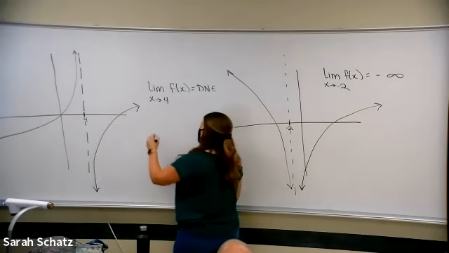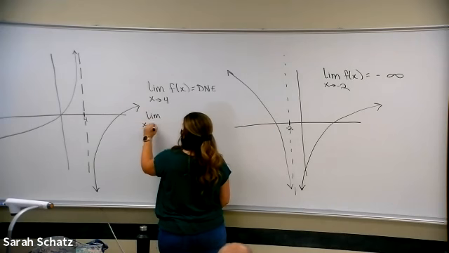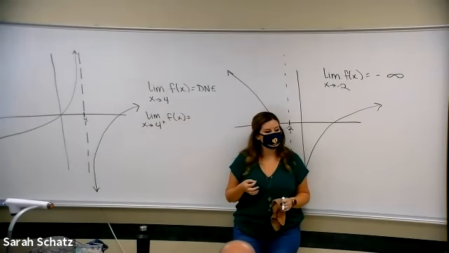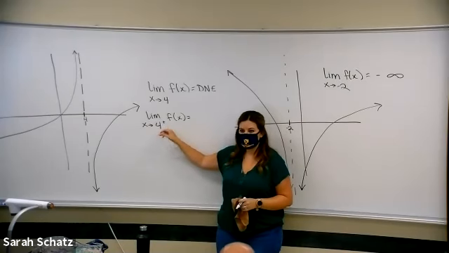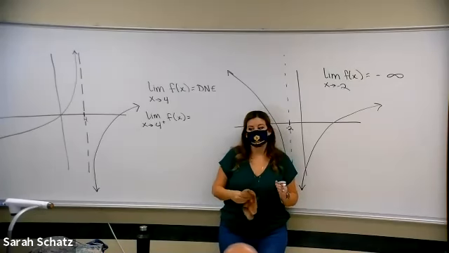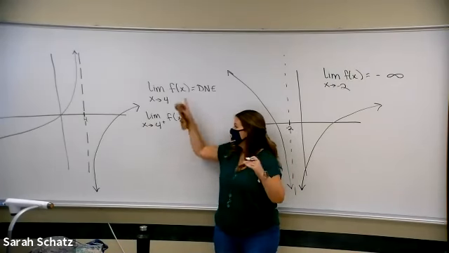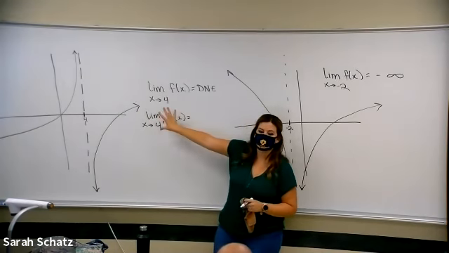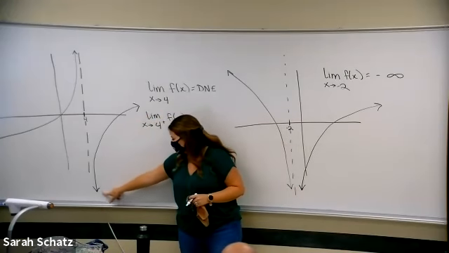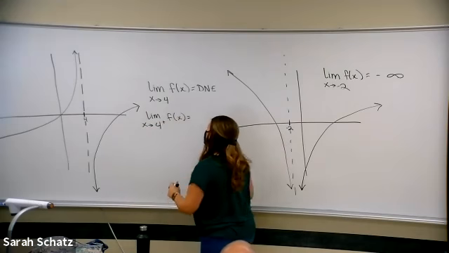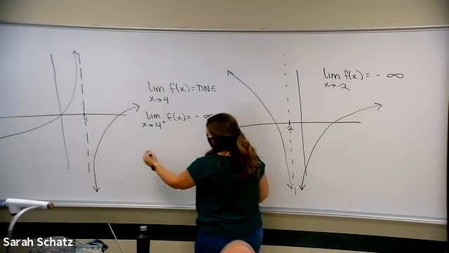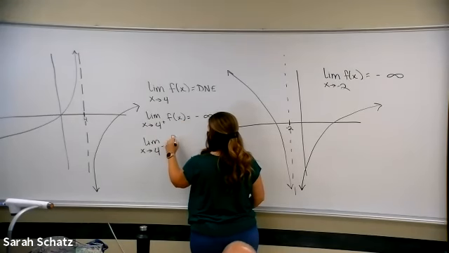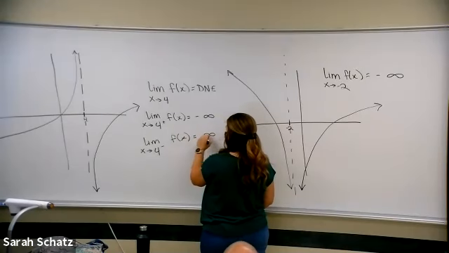But what if I ask you the limit as x approaches 4 from the right. So sometimes the plus and minus can get confusing because when you see this, you say, oh, right. Remember, it's not going right, it's from the right. So you're actually following the graph left. So be really careful about that from the positive side of 4. Right, your limit would be negative infinity because it's going down that direction. And then as you approach 4 from the left, what's our limit? Right, just positive infinity.